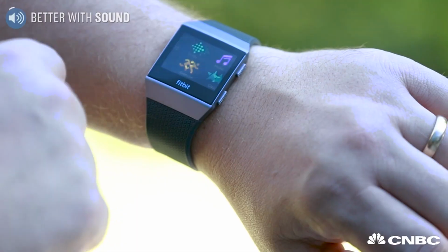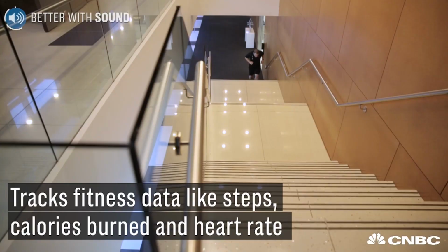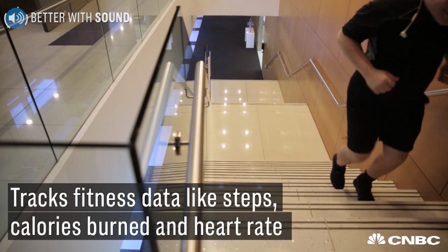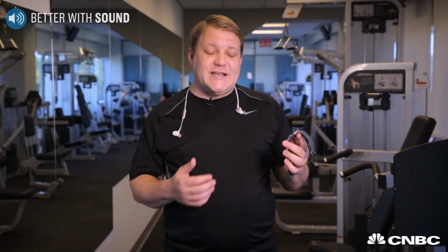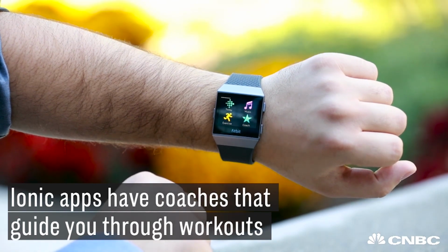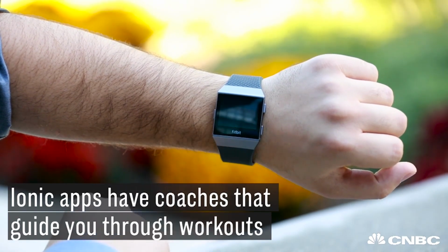First thing you'll see on the Fitbit Ionic is its bright display, which is really easy to see outdoors and in. It shows all kinds of fitness data like your steps taken, calories burned. It's always monitoring your heart rate, as well as the time and date. And you can swipe through it to see all kinds of apps too, such as an exercise app that'll guide